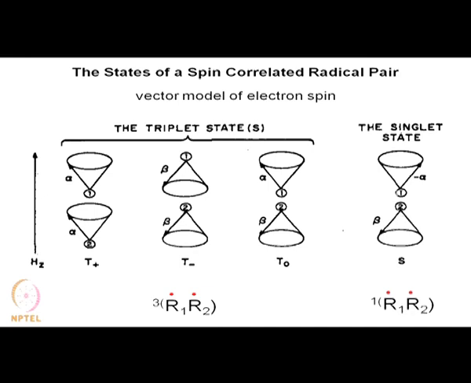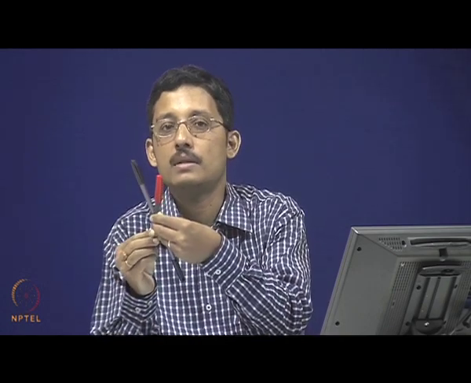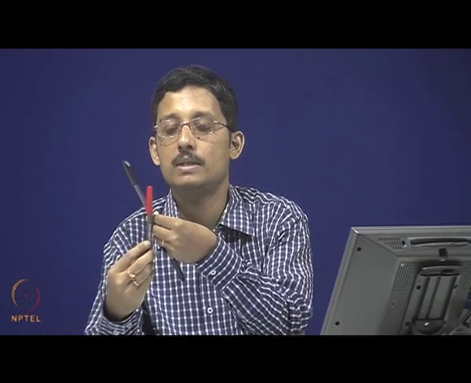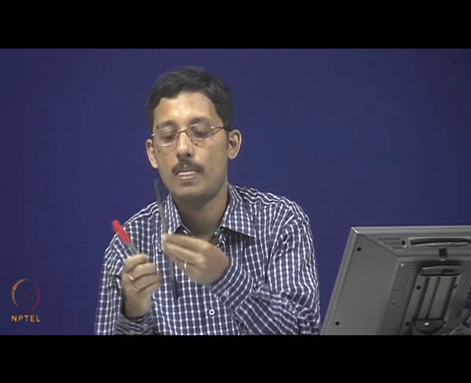If you see, then it is truly opposed in the sense that these two vectors are exactly opposed to each other, like this. This is your z axis, this is your z axis. Okay, this is your z axis. So these two are exactly opposed. But what happens in case of your